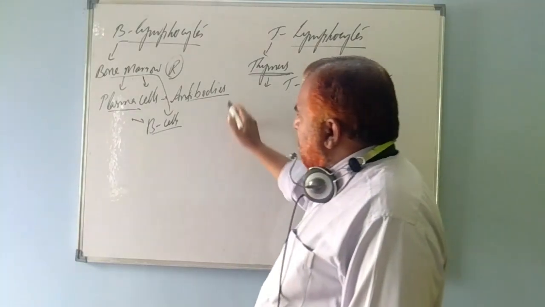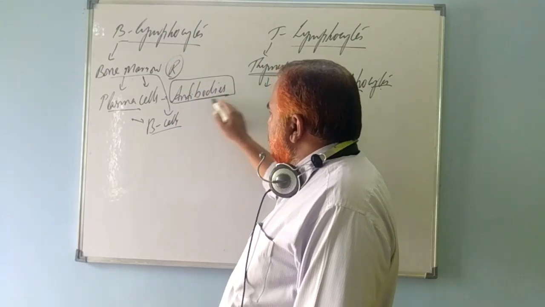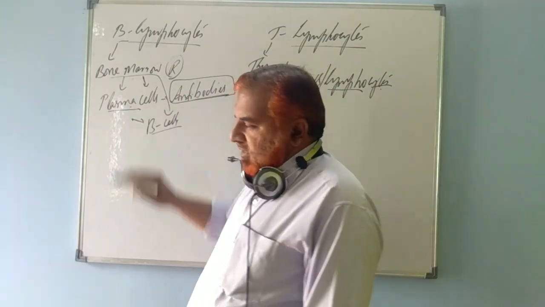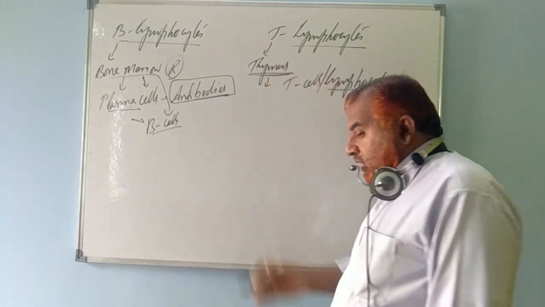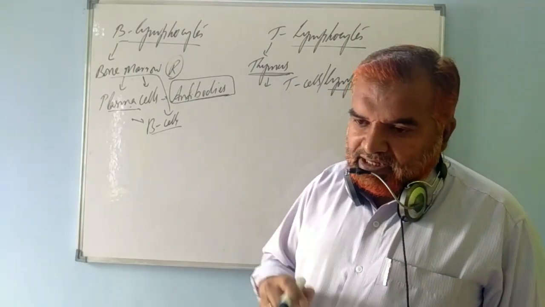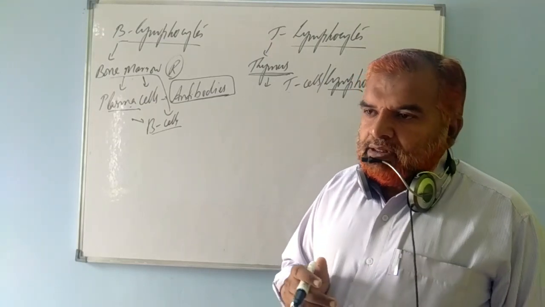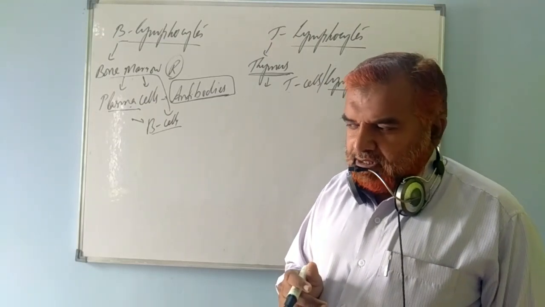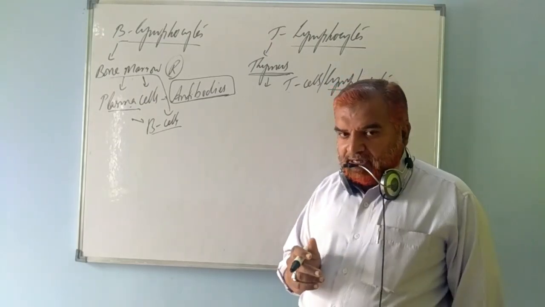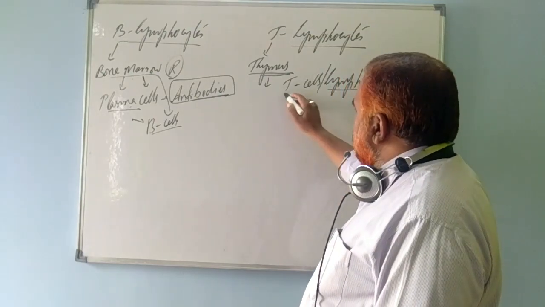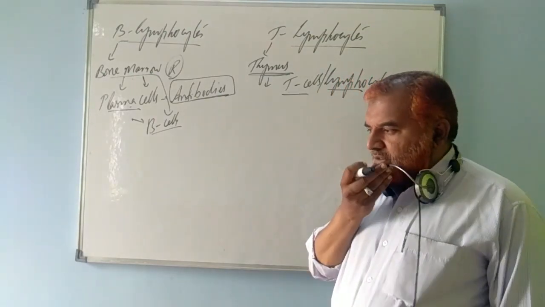Now, the main function of B lymphocytes is to produce specific antibodies when they become plasma cells. You have different types of B cells also, but that's not there in your syllabus in your second year. When you go to first year medical, there you study it under medical physiology, and immunology under medical microbiology. But as per your syllabus, we will be discussing different types of T